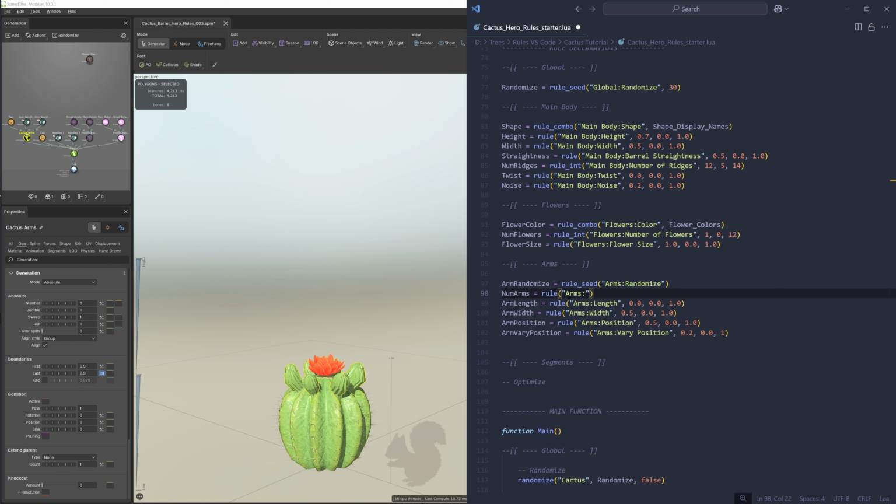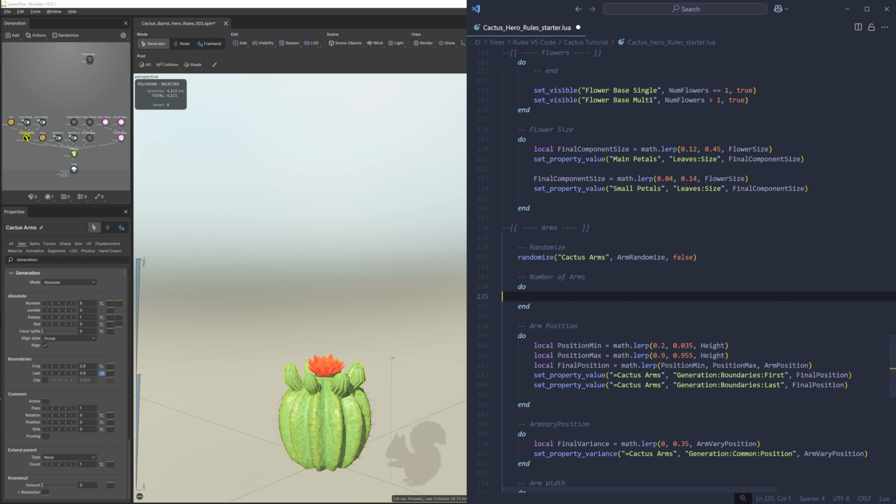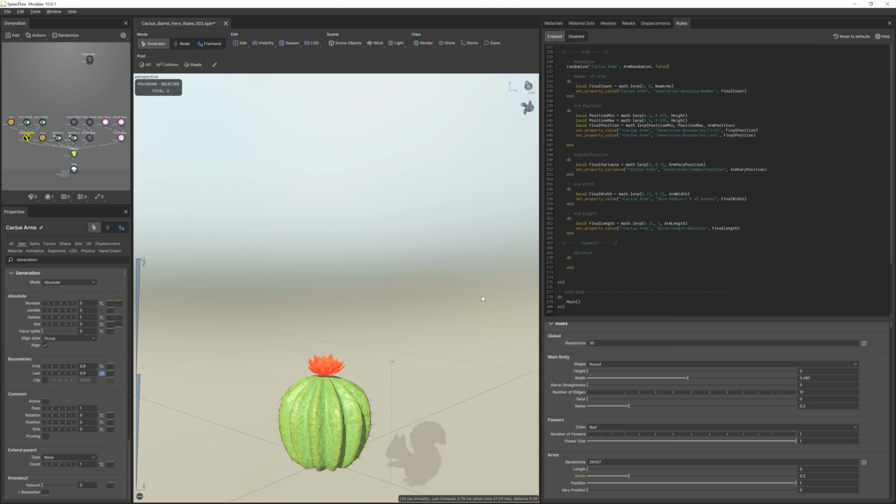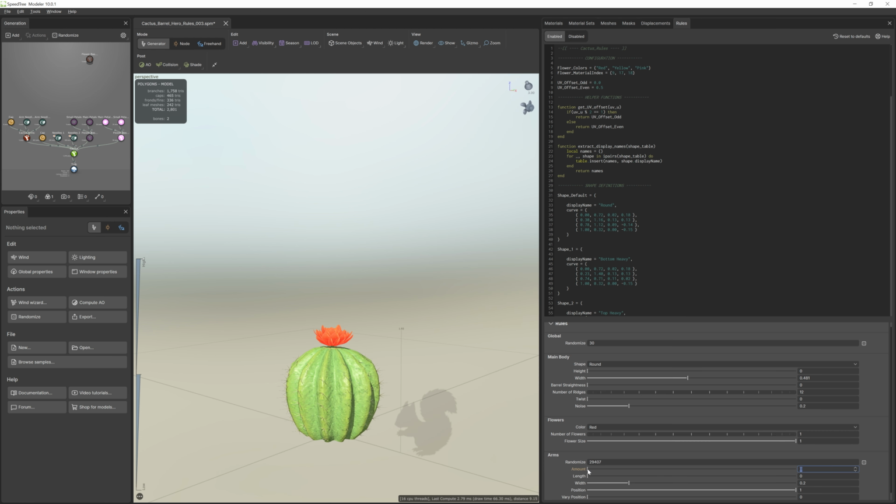So for that reason, I'm opting to use a regular rule slider and call the display name something like arms amount. This way, the rule will be increasing and decreasing the number of arms without being tied to a specific number. However, you can always change your approach.